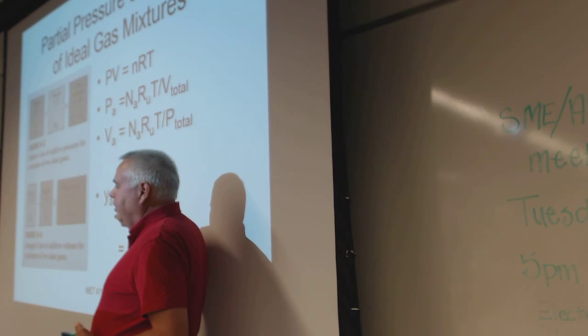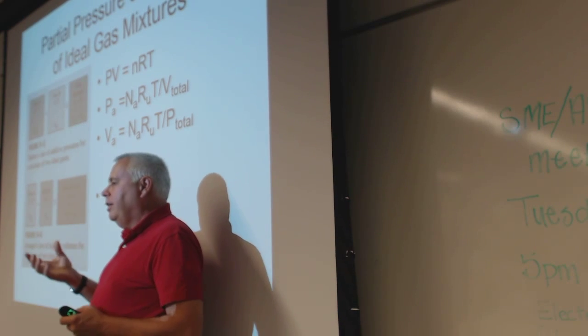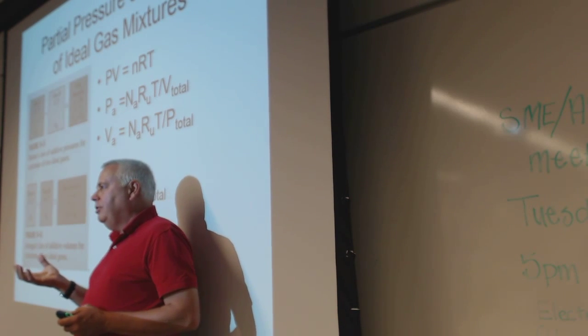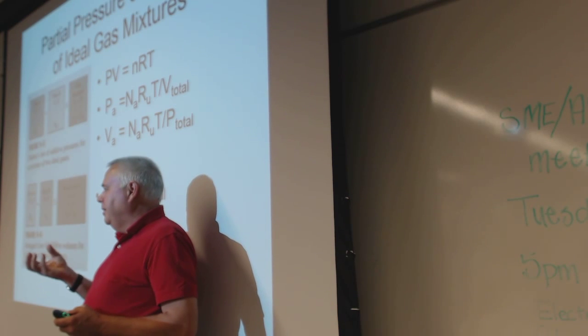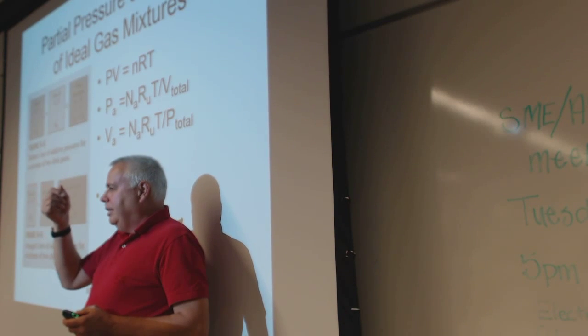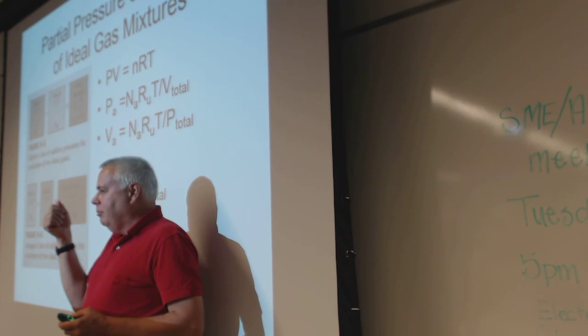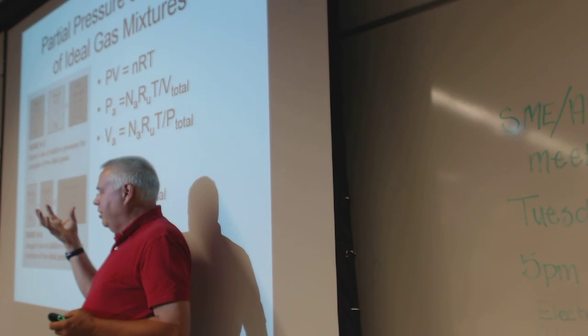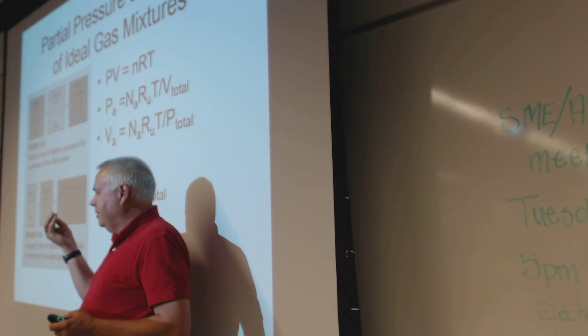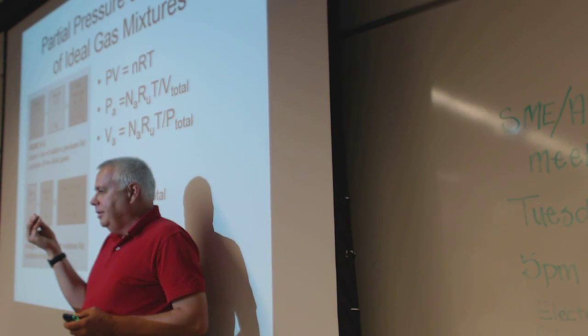Sometimes you can figure this out by finding, for instance, how much moisture is dissolved in the air by chilling the air until water starts to condense. If you know the temperature at which the water starts to condense on something, the dew point, that says